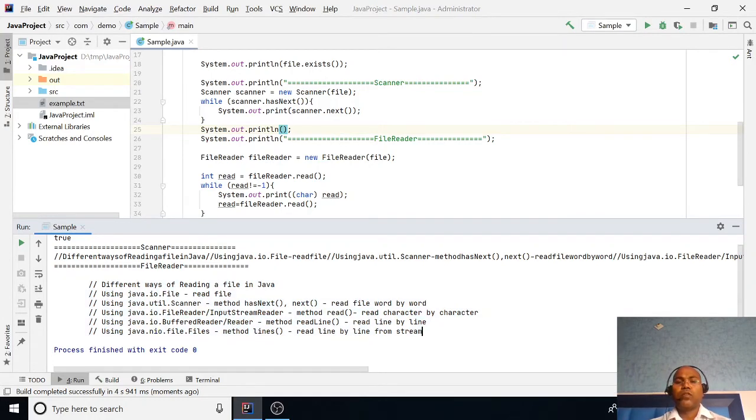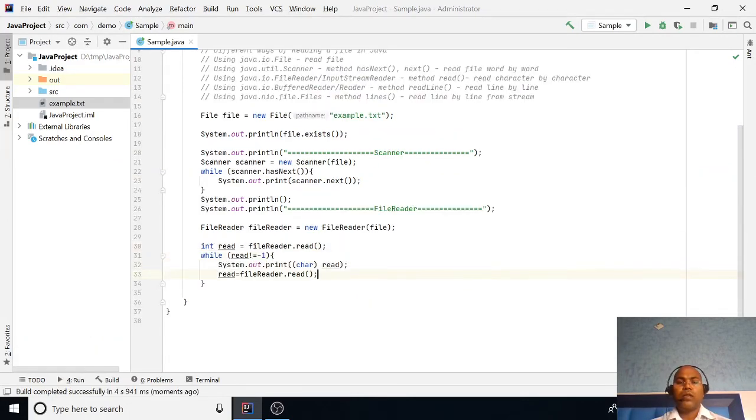The FileReader is good sometimes, since we read character by character.